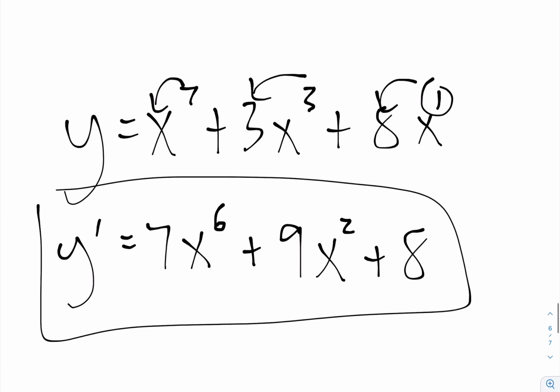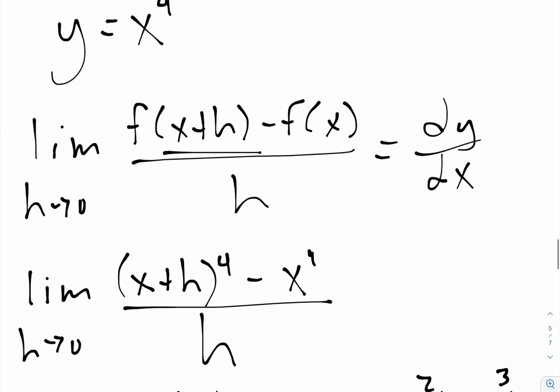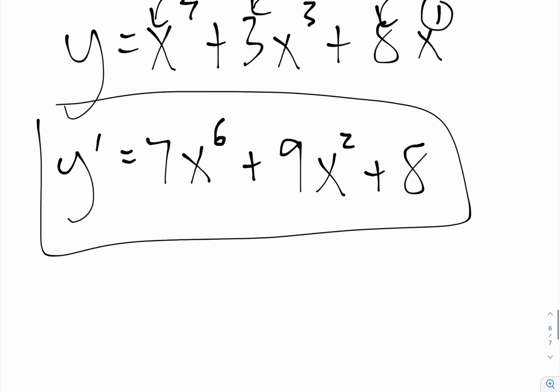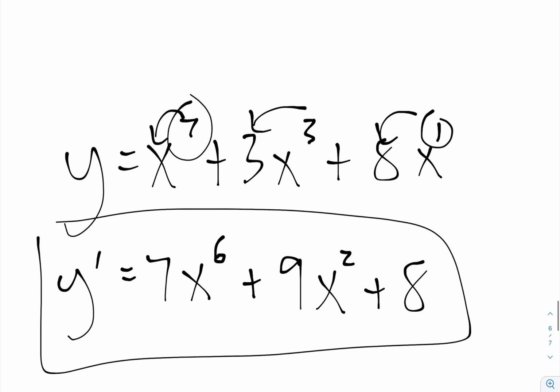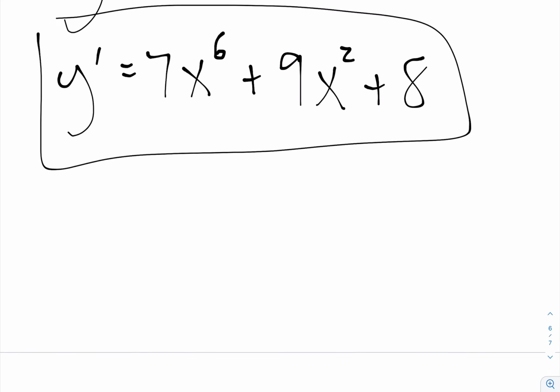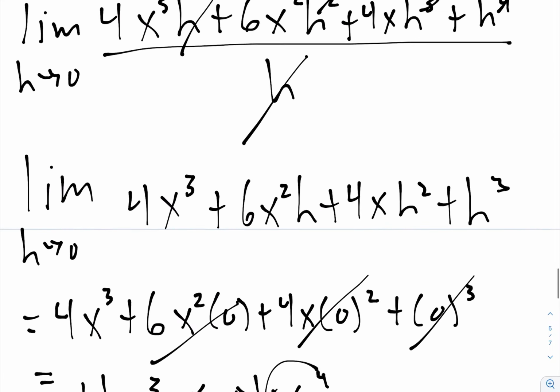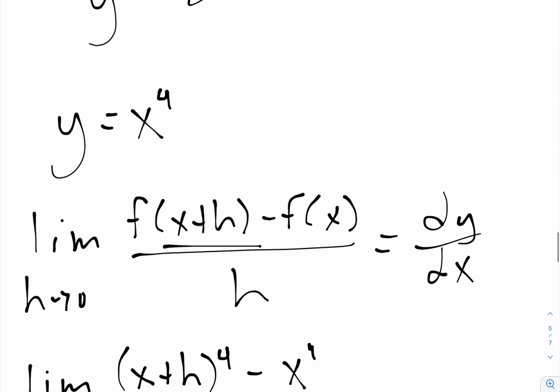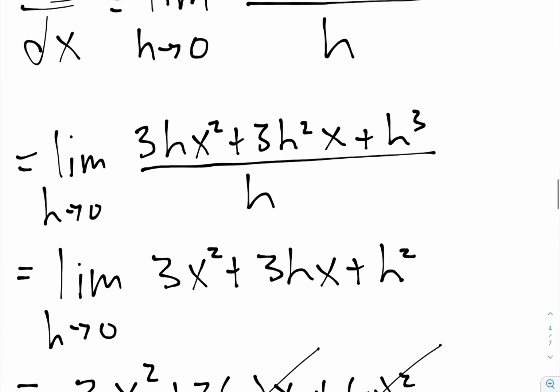And you can imagine if we use the definition of the derivative, we'd be expanding this all day, right? Because this power, this x to the 7, that's pretty big. So if we did x plus h to the 7th, that would be x plus h times x plus h times x plus h 7 times. And then we'd have to simplify that and do all this stuff. We'd get the right answer, but the power rule is just a quick and easy way to figure out what